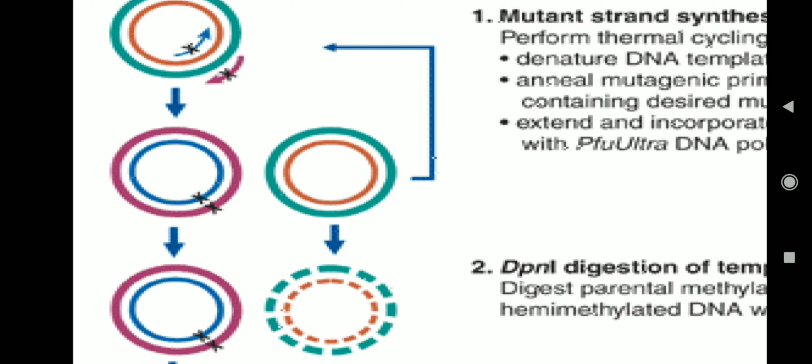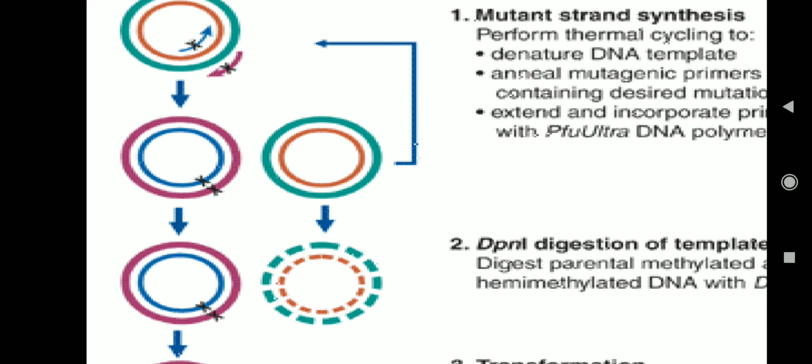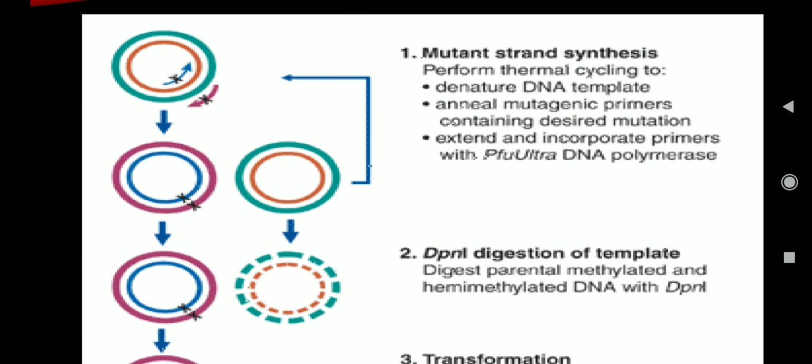To the place in the gene of interest where we have to mutate, we are going to synthesize a primer which has a mutation. So this primer is carrying a mutation. Now we let the primer anneal, or join, to the target DNA at the site of the gene of interest. Where are we doing this? We are doing this in PCR. Here we are going to amplify this using a PCR technique.